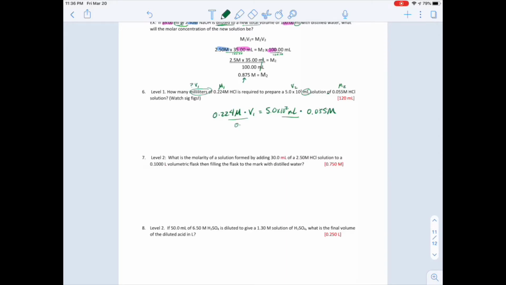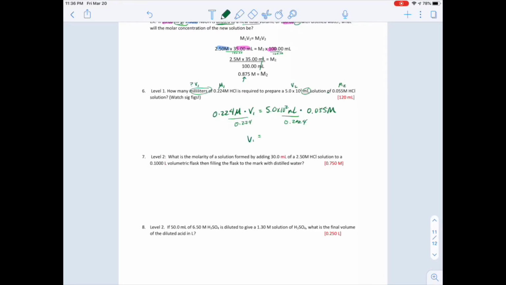Then I divide both sides by the 0.224. That's going to give me volume is equal to 5.0 times 10 to the 2 times 0.055, and